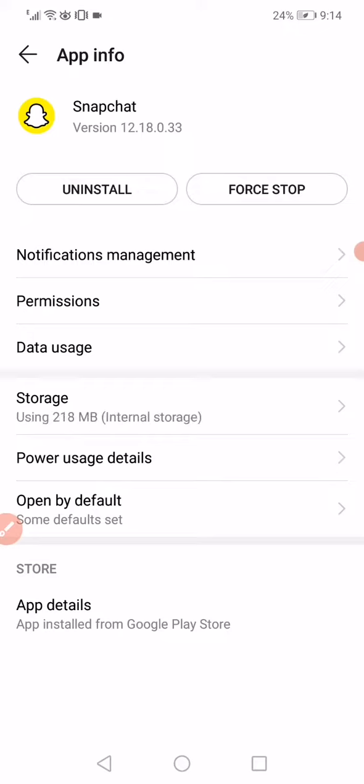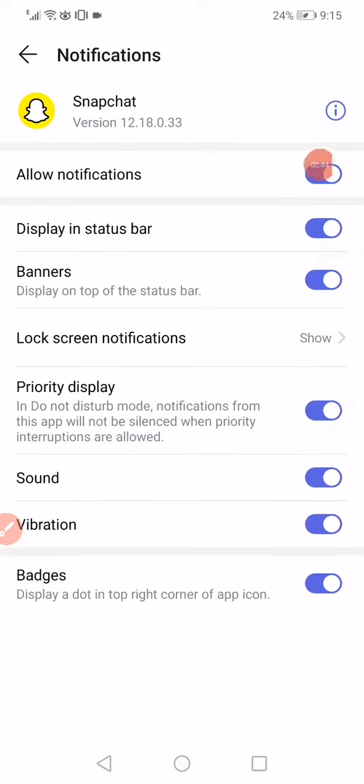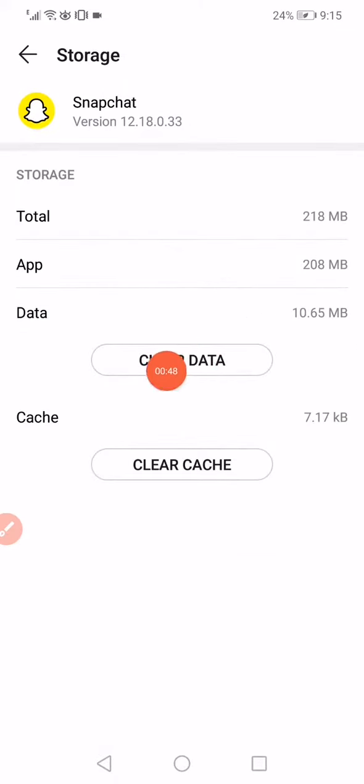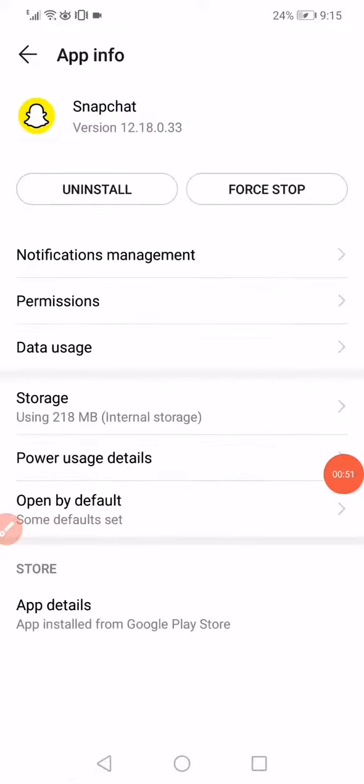All you want to do is click on this first option here and then go to the notifications. Make sure to enable all the notifications. Go back, click on storage, click on clear data, clear cache, and then all you want to do next